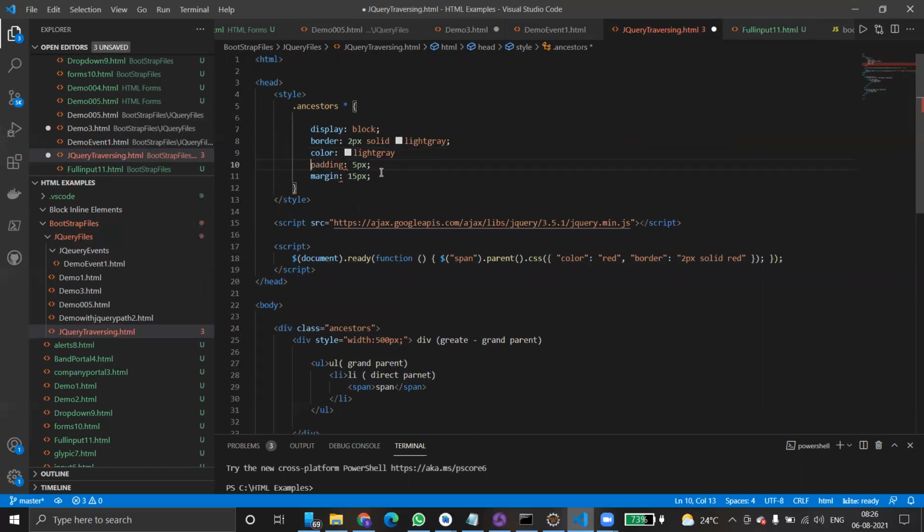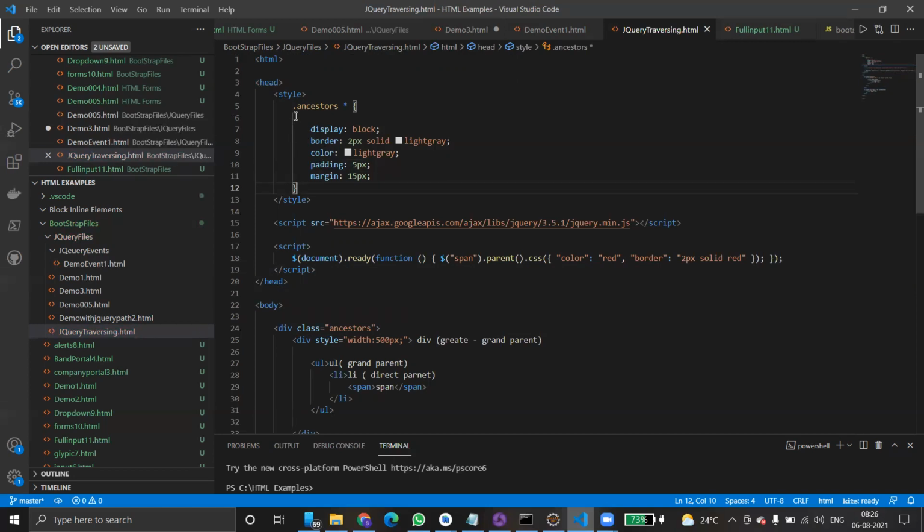Padding should come here. Padding. The semicolon is missing, that's why I think. Okay, so you know already this is CSS styling. This is inline styling. So we can put styling directly at the class level. Here you see this is also styling. This is inline styling, this is online styling, and external styling means we add it from a CSS file.